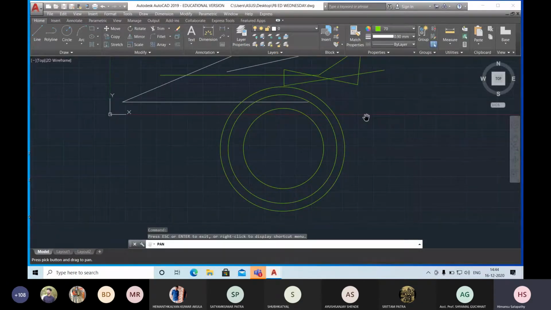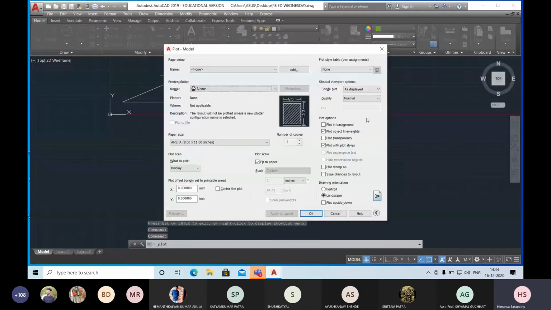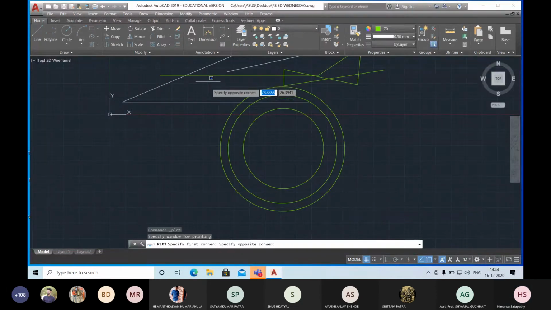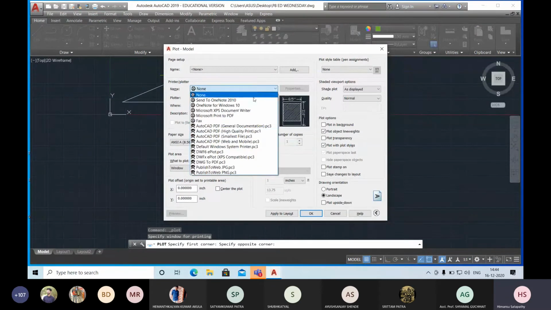Virtually you could not see the difference of line thickness because it is in very small millimeters, so we could not check that. How could you check the difference? When you go for Control P or the plot option, and go to the window option, you need to make it a PDF version.